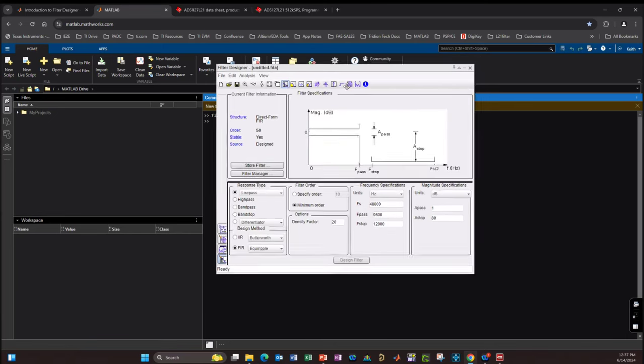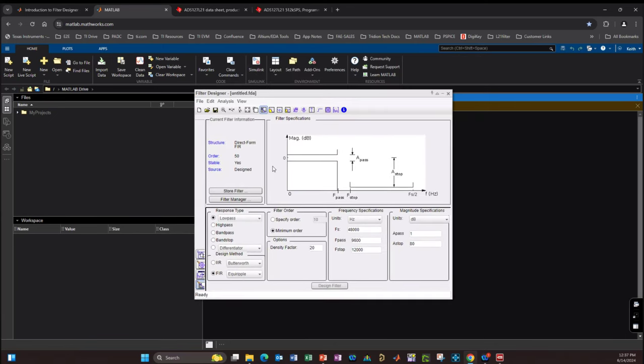So real quick, as you can see, this tool gives you a lot of options. We can design a low pass, high pass, band stop filter. We can design a filter for IIR, which the L21 device also supports. But for this example, we're going to design an FIR filter. And then we have a bunch of filter profiles that we can choose from. For now, we're going to stick with the default equal ripple for the FIR.